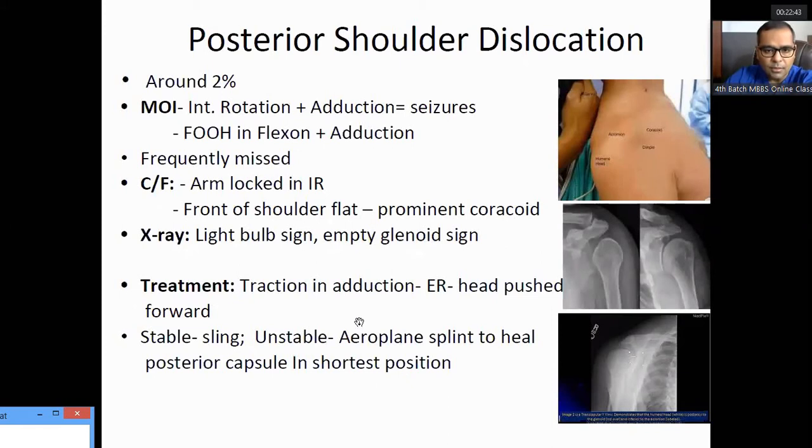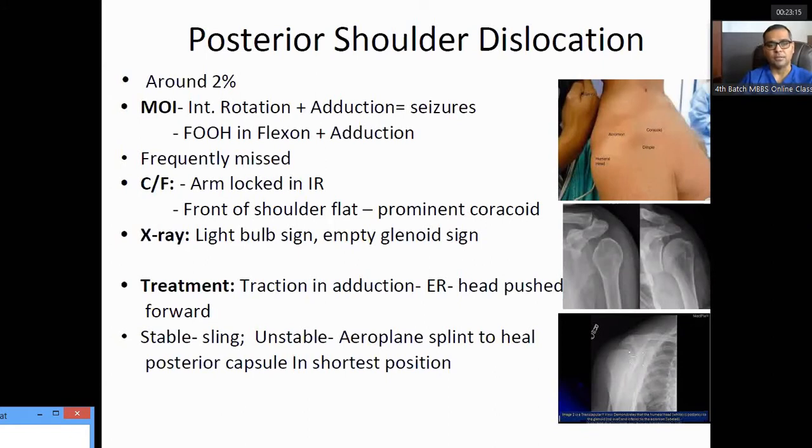Now this was all about the anterior shoulder dislocation, which is more common. Now coming to the posterior shoulder dislocation, it is only about 2%. It is very rare, and it is mainly due to internal rotation and adduction. We know that the internal rotators and adductors are bulkier, so in seizures, and when the patient falls on an outstretched hand in flexion and adduction, in this typical position,